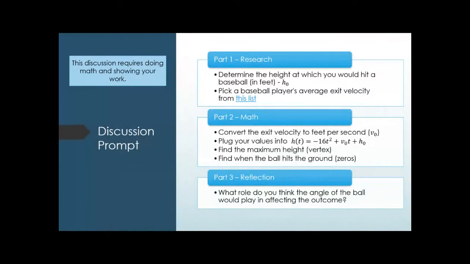This is another math-based discussion where you're going to have to do some math. So part 1 is research. When you hit a baseball, it forms a curve, it goes up in the air, comes back down. That's called a parabola. And a parabola is a quadratic equation, and a quadratic equation is a polynomial. So we're going to be using this week's material that makes a polynomial. There is a projectile motion equation. You actually saw this equation in week 3. I think it was week 3. There was actually a question about